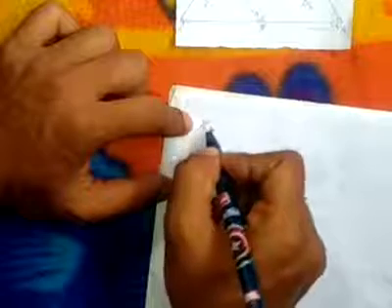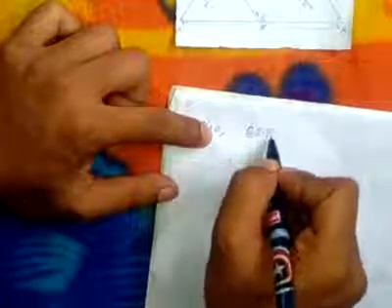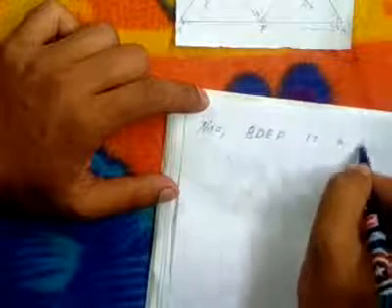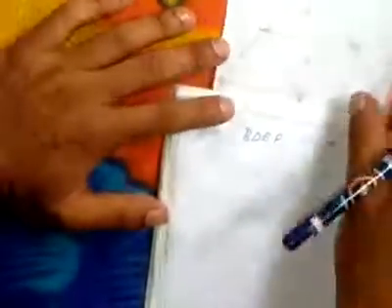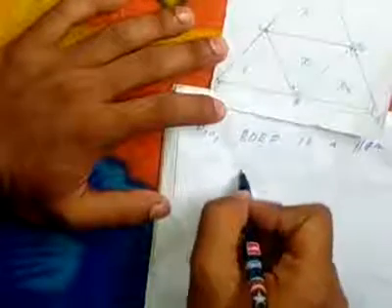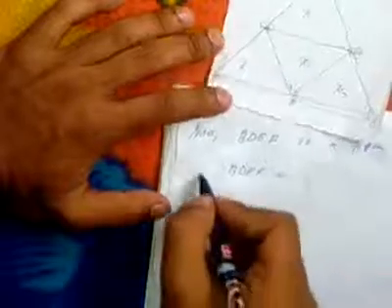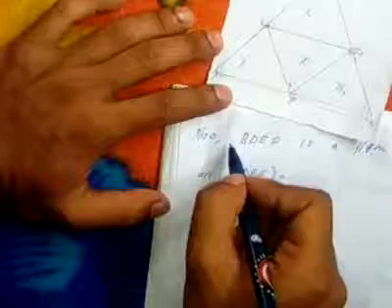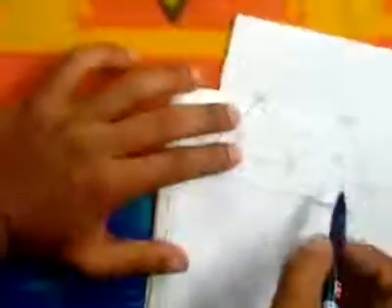Now we'll write here BDEF is a parallelogram. Then what will we write? We'll write area of BDEF is equal to area of BDF